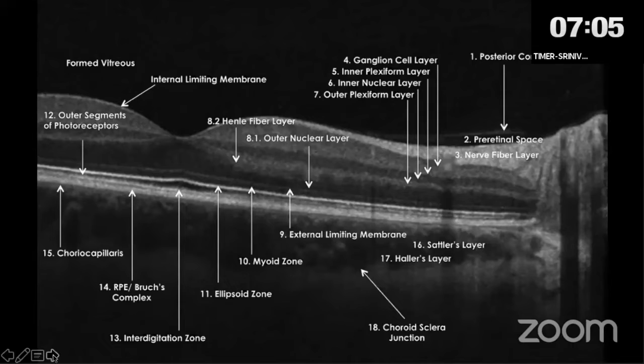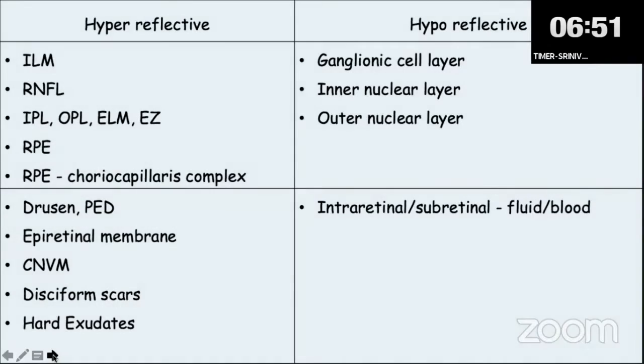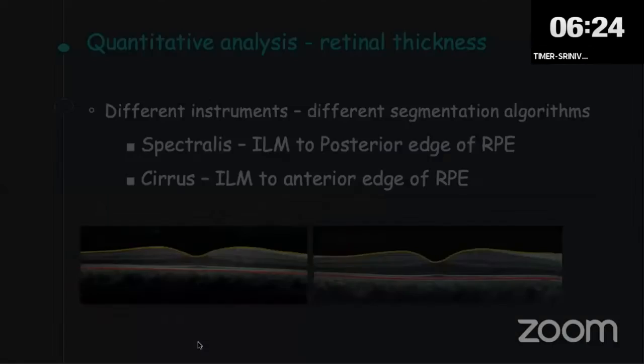This is a classification that is currently being used, wherein we can see the different layers and how well delineated each one of them is. So by segmentation, we can pick up errors in any of them, and we can prognosticate vision-wise. Quickly, for the younger generation, the postgraduates and the fellows, this is an important table where you can see what is hyperreflective on the OCT and what is hyporeflective, so that you don't get confused. The whole idea of these different grayscales on the scan is to help us understand what is normal and what is abnormal, and therefore plan our prognosis and treatment for these patients.